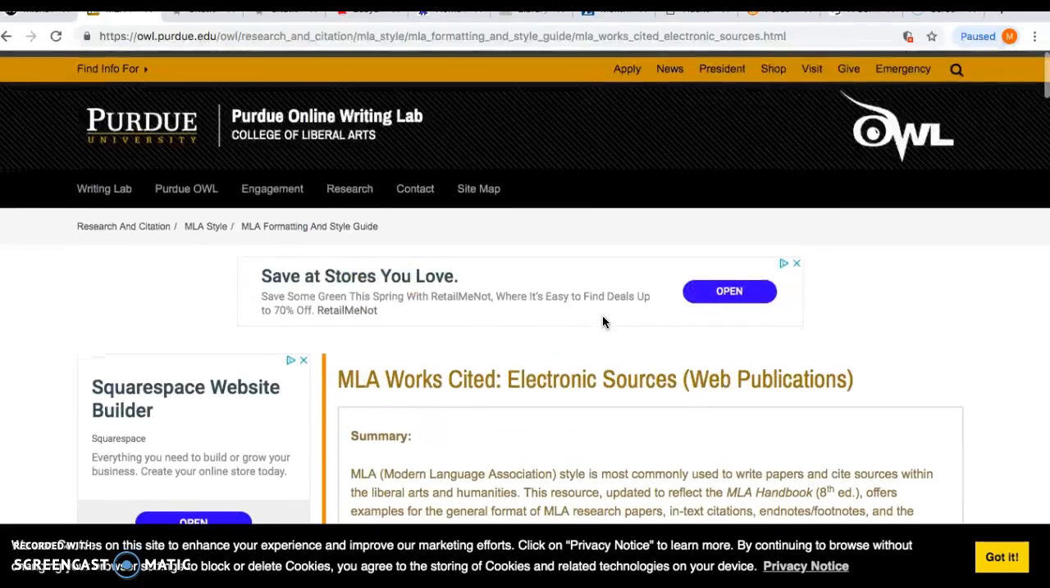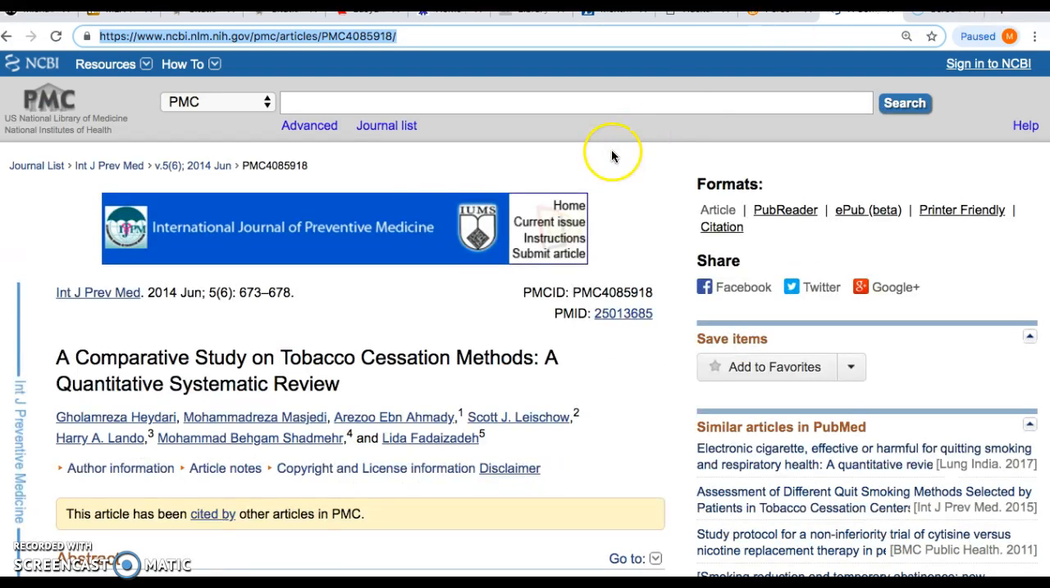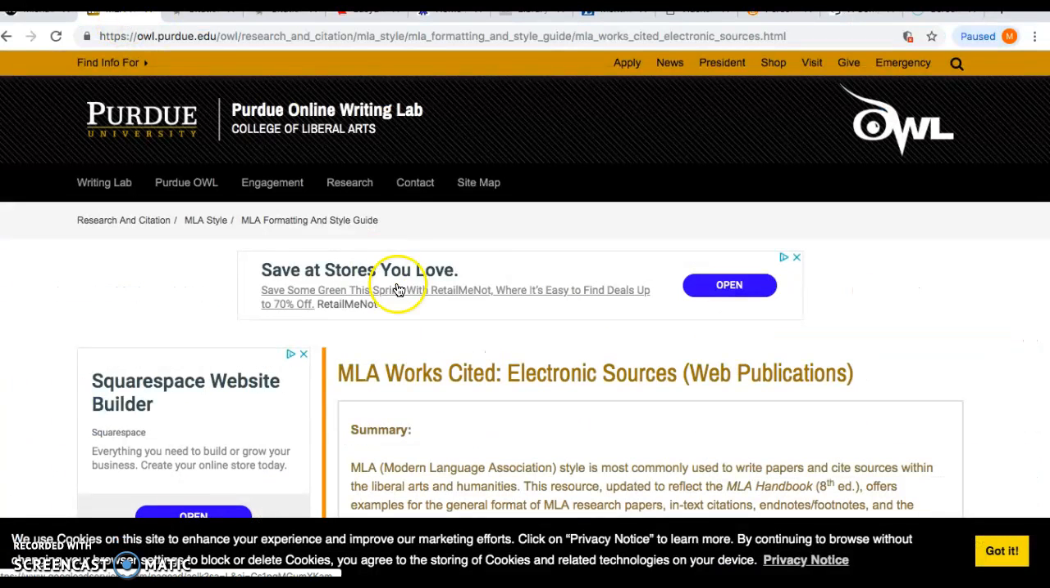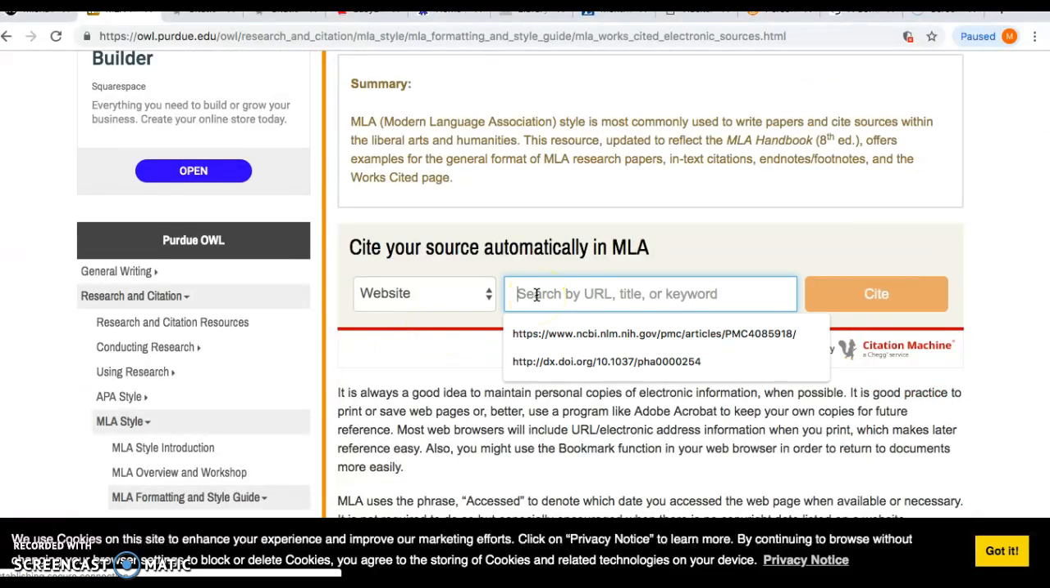So if you get lost, you can't get the automatic citation generator to do it for you, you have to do it by hand. That's how you do it. You can also use a URL. This is a study on tobacco cessation, and if I just copy the URL here and go to the Purdue OWL and say website and put in that URL,